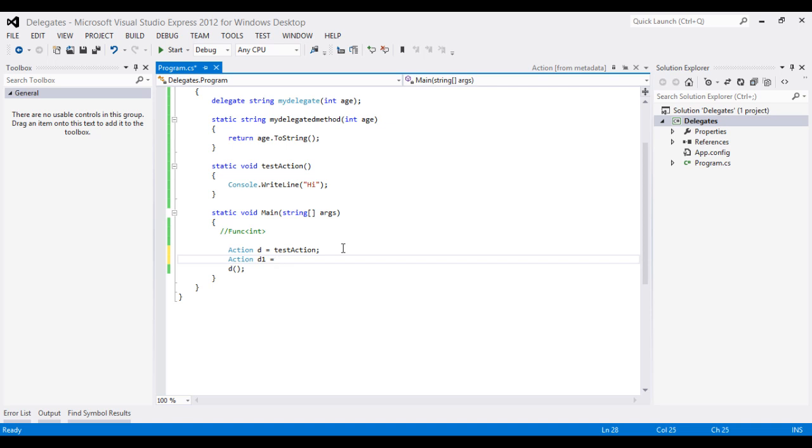Action does not take any parameters, so this is my method which is not taking any parameters. I say goes to, then this is my method body, and I am going to write here hello